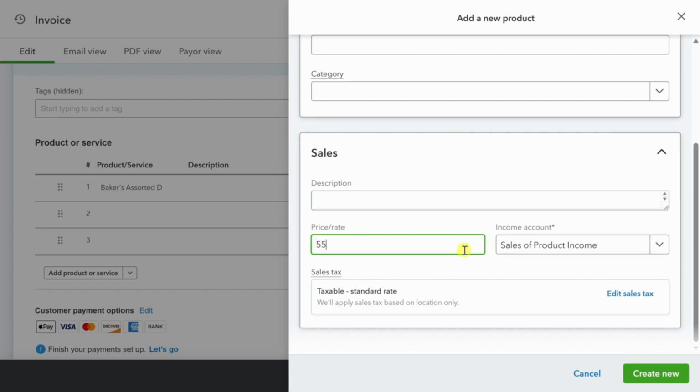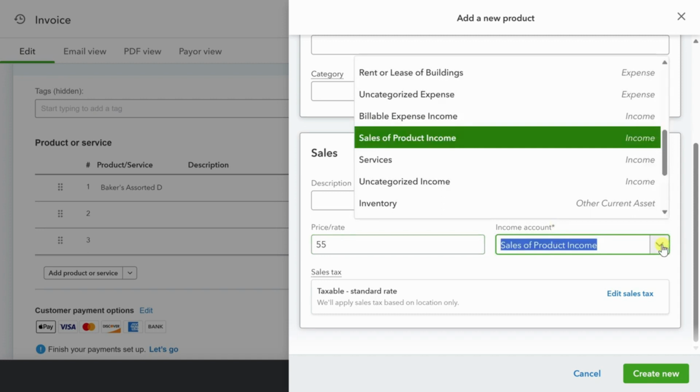Now, we charge a lot for apple fritters, but people sure seem to love them, okay? So next in the income account, remember, back to when we were categorizing our transactions and we had a list of categories to look through. This is the same list. So now I can say that anytime someone pays for a set of apple fritters, it goes into the sales